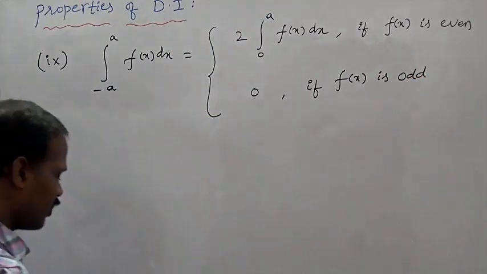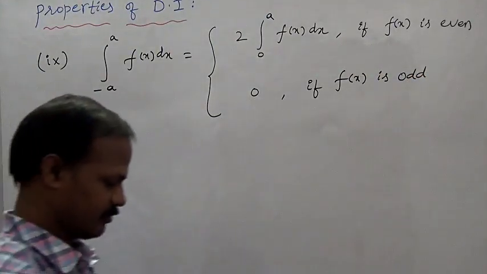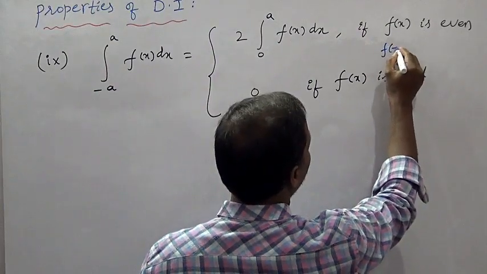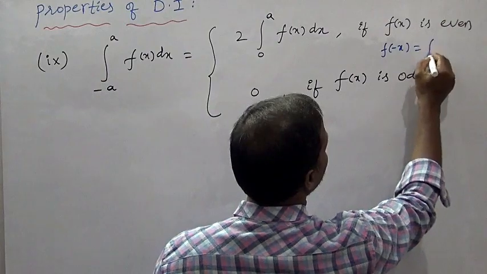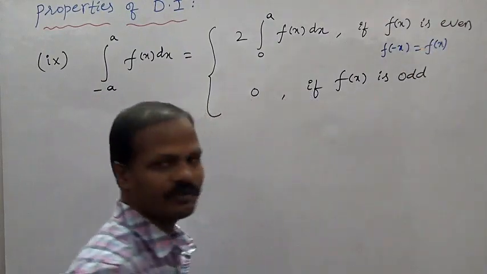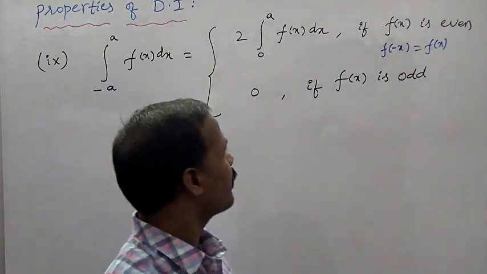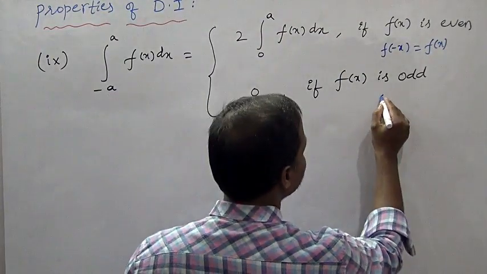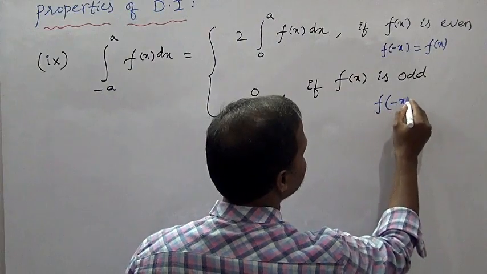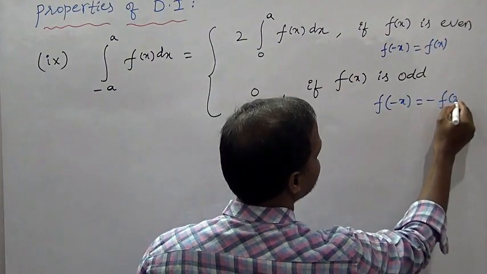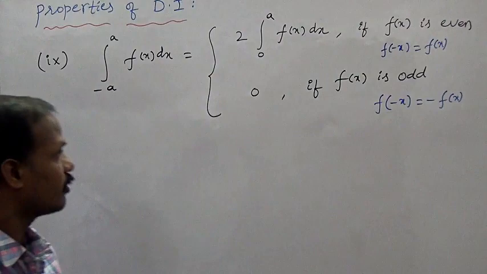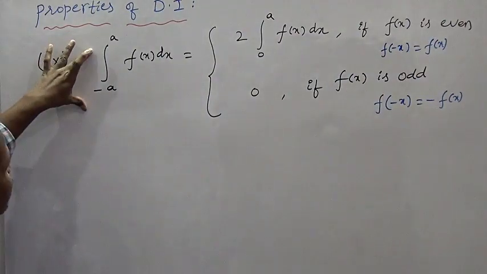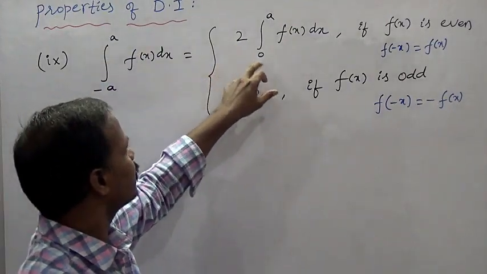Okay, so what is the meaning of even function, odd function? Even function means f of minus x equal to f of x. If a function satisfies f of minus x equal to f of x, then it is an even function. Odd function means f of minus x equal to minus f of x. Now, if f is an even function, then this integration becomes 2 into integral 0 to a f of x dx,